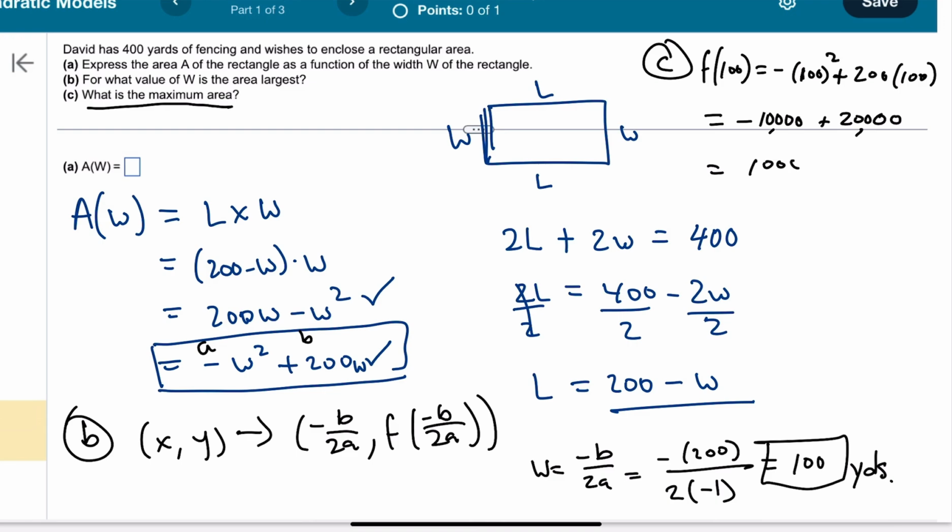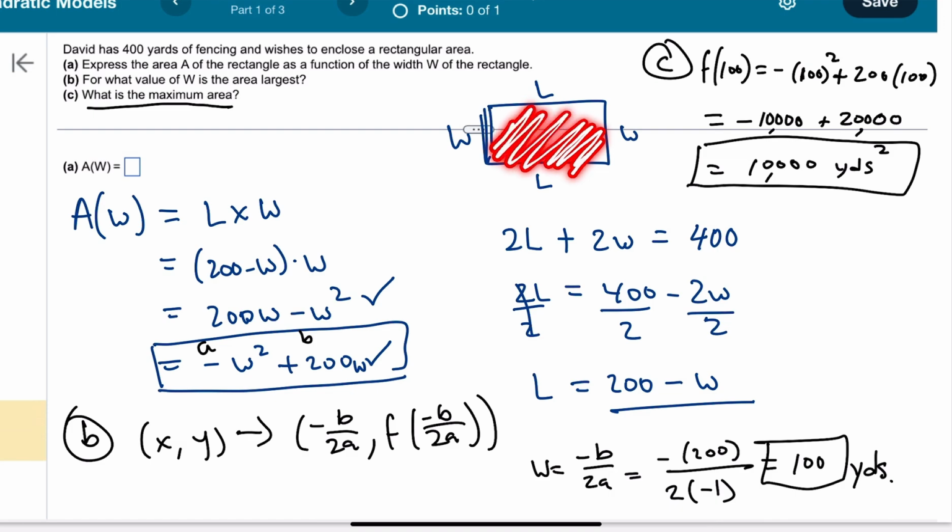So you end up with 10,000 yards squared. What that means is your maximum area of this rectangle using your 400 yards of fencing will yield 10,000 square yards. So it's a pretty big area. But that's it. That's just how you do this problem, and I hope this